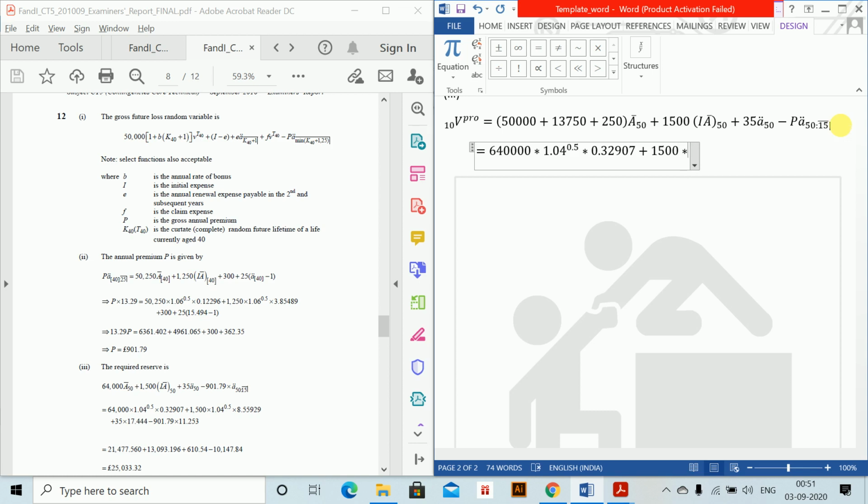So IA bar 50 is equals to again 1.04 to the power 0.5 into 8.55929 plus 35 into 17.444 minus 901.79 into 11.253, which remains all equals to